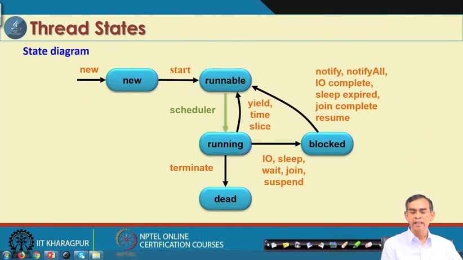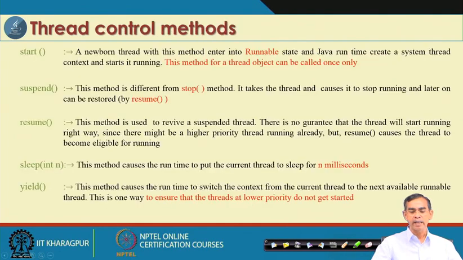So, this state transition diagram basically says how the state of a thread can change, and what methods are there to control the execution of threads, since a thread can be in different states. These are the different methods that we have learned about. The start method we have already used. Then the suspend method. Suspend is not exactly stopping. Stop means the thread will be dead, but suspend means it will temporarily halt the execution, and if a thread is suspended by calling the suspend method, it can be revoked again using the resume method.